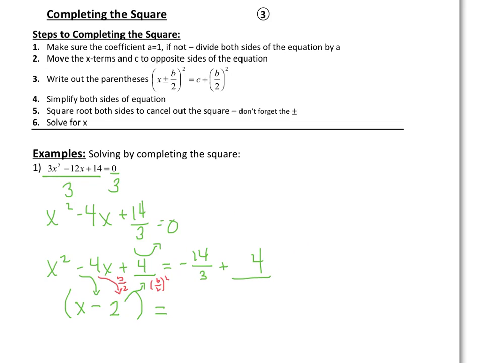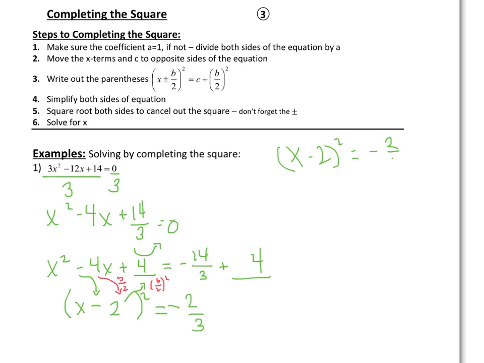So negative 14 thirds plus 4 would be negative 2 thirds. So I have negative 2 thirds. And that should be squared. So x minus 2 squared equals